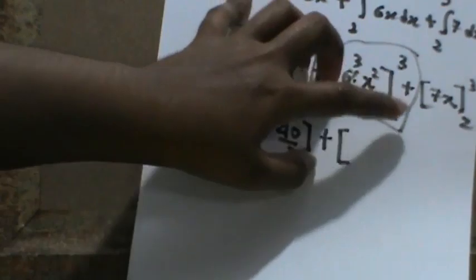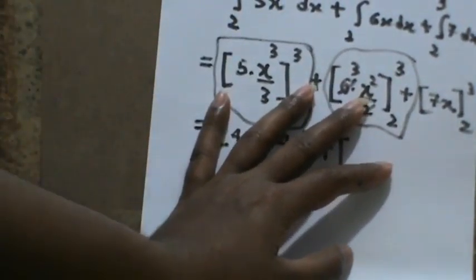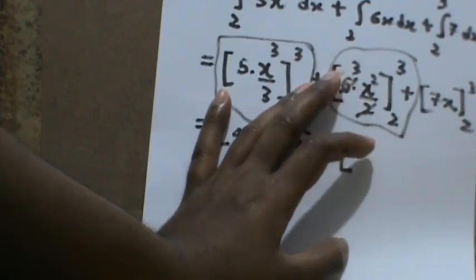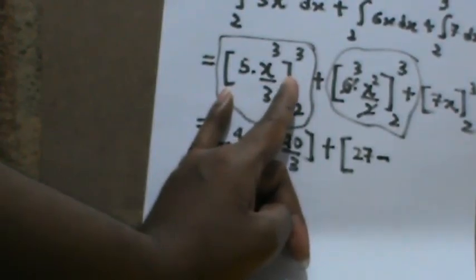right? Plus, similarly for this part you substitute 3 in place of x and find the upper limit, and then subtract the lower limit by substituting 2 in place of x. So it will be 3 times x squared, 3 squared times 3 is 3 cubed, which is 27. So the upper limit will be 27, minus the lower limit, which will be 3 times 2 squared; 2 squared is 4, 4 times 3 is 12, so it will be 12,